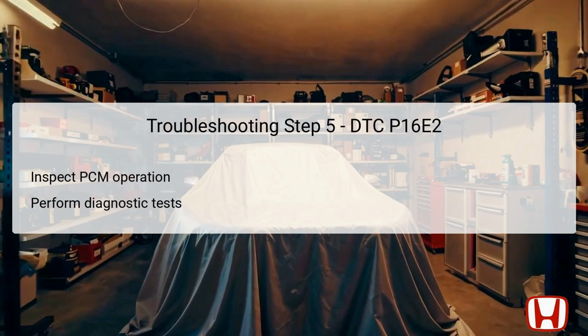The fifth and final step in the troubleshooting process for DTC P16E2 is to examine the operation of the PCM itself. This involves performing diagnostic tests to confirm its functionality and determine if it is indeed malfunctioning. If the previous inspections of the alternator and LIN circuit show normal conditions, then it may point toward an internal PCM issue. The use of specialized diagnostic tools can help verify if the PCM is processing signals correctly and managing